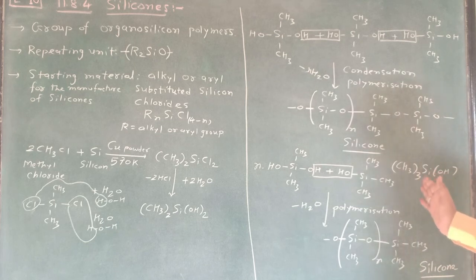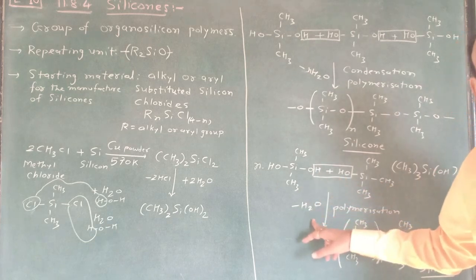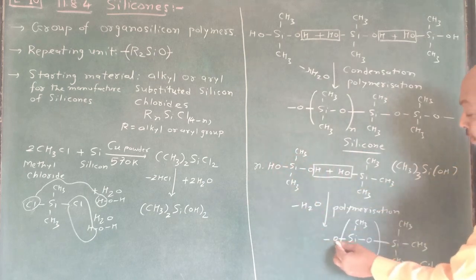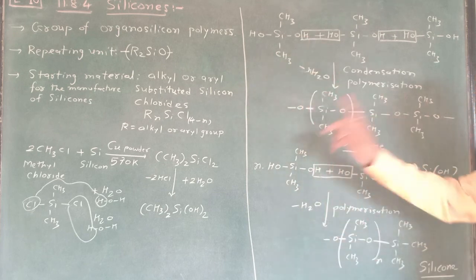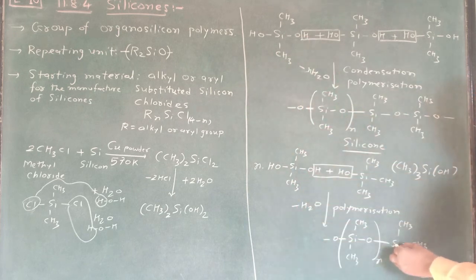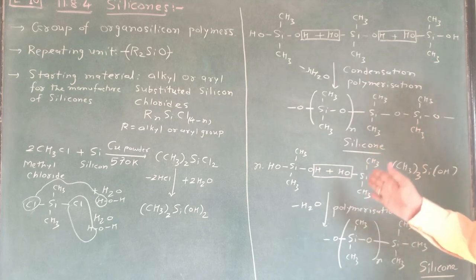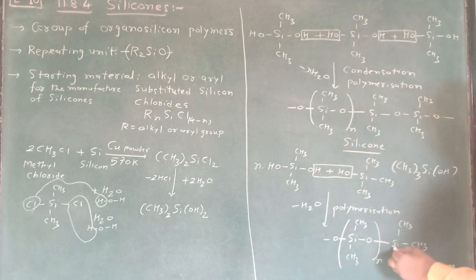So here what happened? This OH and OH are there, so a water molecule is removed, but only one water molecule is removed. A number of molecules are there, and that's why here O, here (CH3)3Si, (CH3)3SiO. R2SiO is there, and that's why it is considered a repeating unit. Now just see, here CH3 is there, so they are not going ahead. This reaction is stopped here. So (CH3)3Si, CH3, CH3. This is known as silicones.